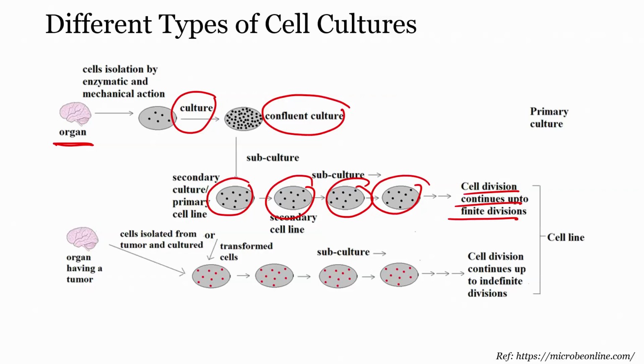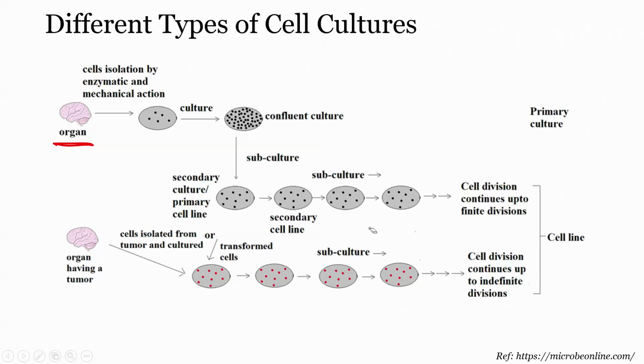So, we take the tissue, take out the cells either by enzymatic or mechanical action, culture those cells, and once they reach the confluent state, we do a secondary culture and form a secondary cell line,